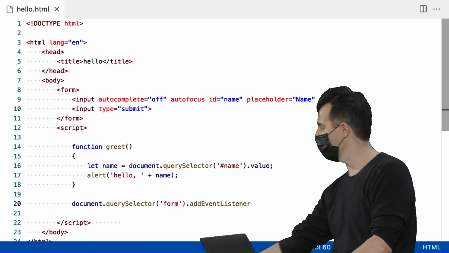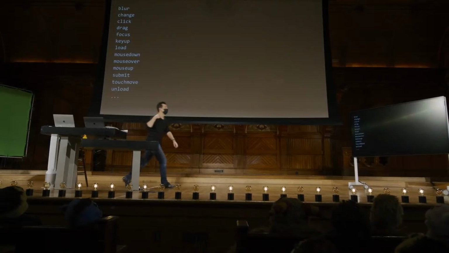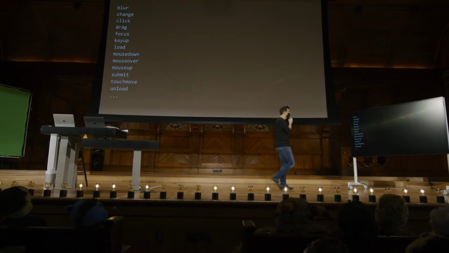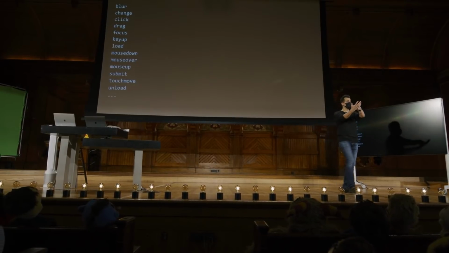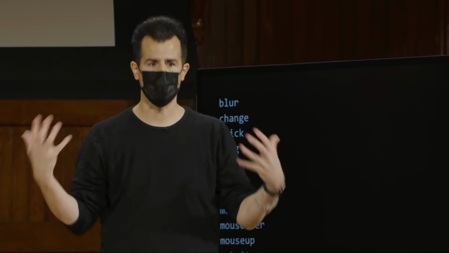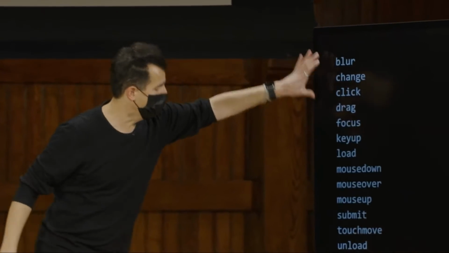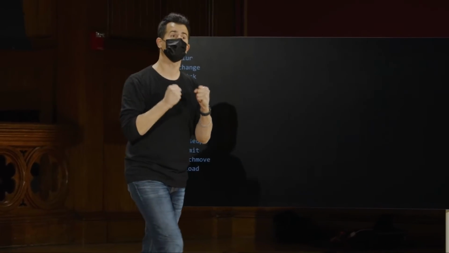Now, this is actually a term of art. Within programming, many different languages are governed by events. And pretty much any user interface is governed by events, especially phones. On phones, you have touches, and you have drags, and you have long press, and you have pinch, and all of these other gestures. On your Mac or PC, you have click, you have drag, you have key down, key up as you're moving your hands up and down on the keyboard. This is a non-exhaustive list of all of the events that you can listen for in the context of web